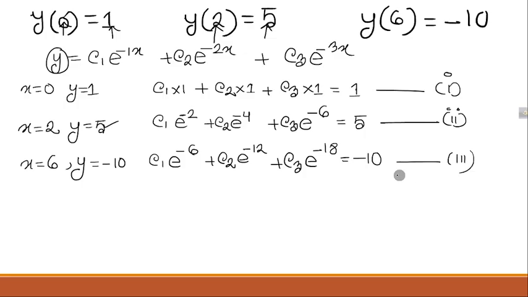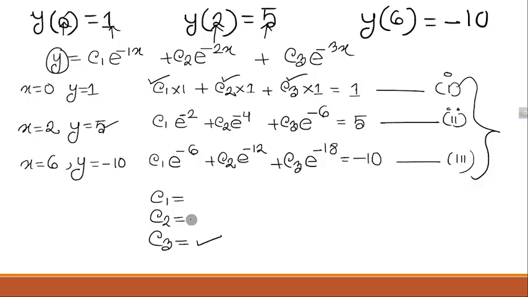So see, you have 3 unknowns and 3 equations, so you can easily solve this system. You can solve it by calculator, or by any method. It's your work. You have to find c1, c2 and c3, and then tell me the answer in the comment